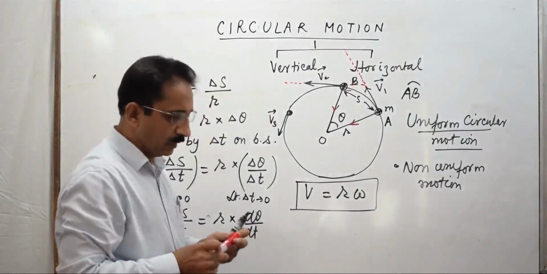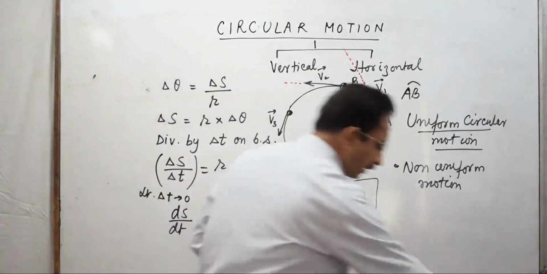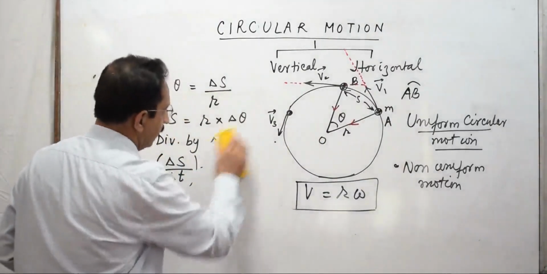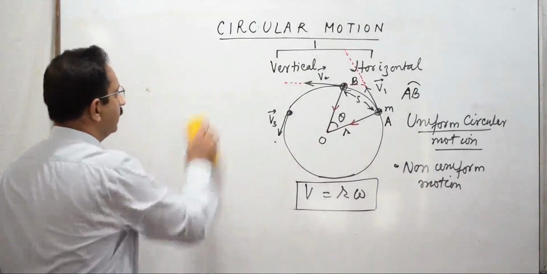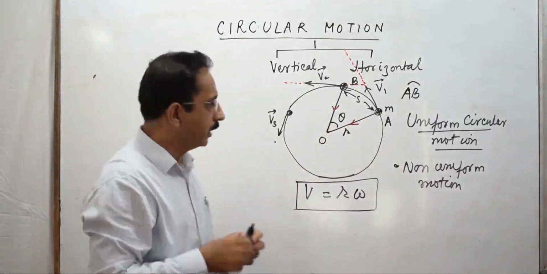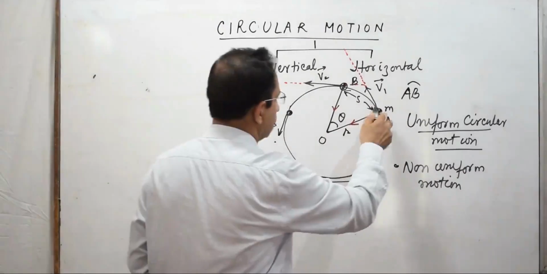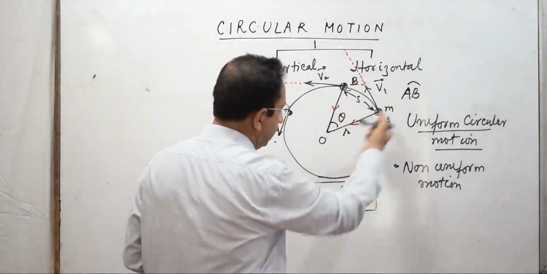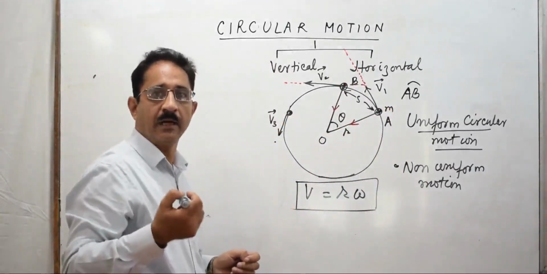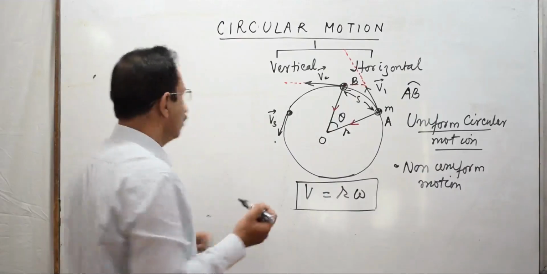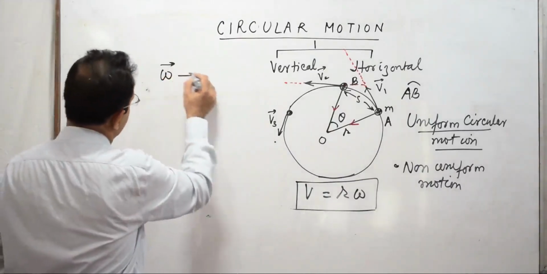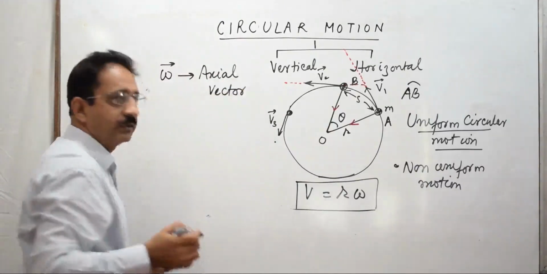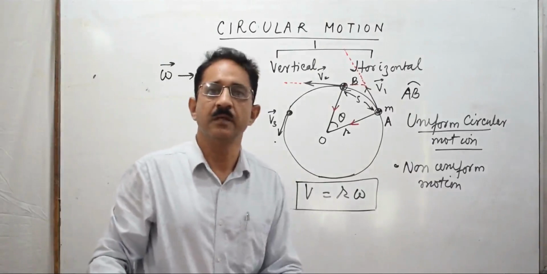Now in this case, you see that the relation has three quantities, and these three quantities, that is v, omega and r, the radius, they are actually three vectors. Where is the velocity vector? The velocity vector is along the tangent of the path. Where is the position vector? It is along the radius of the path. And where is omega? Omega is angular velocity. This omega is a special kind of vector which we call an axial vector. What is an axial vector? It's a vector which lies along the axis of this circle.